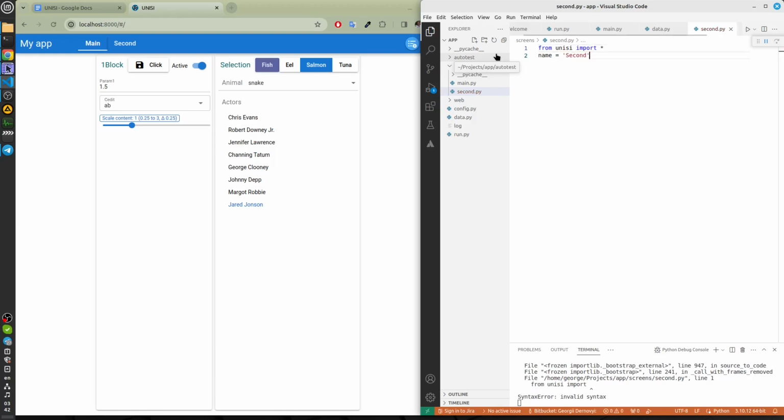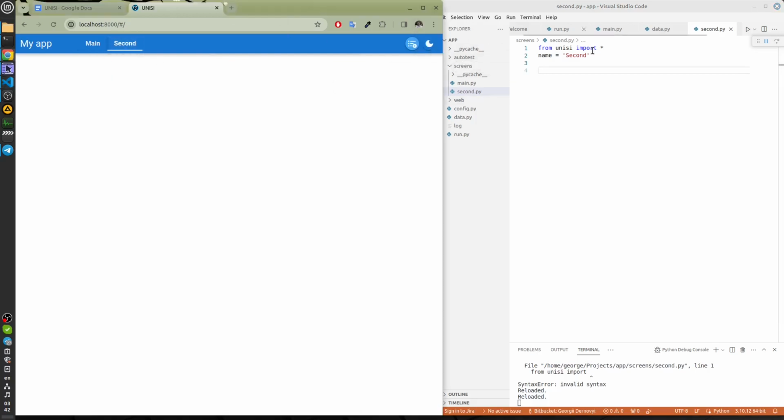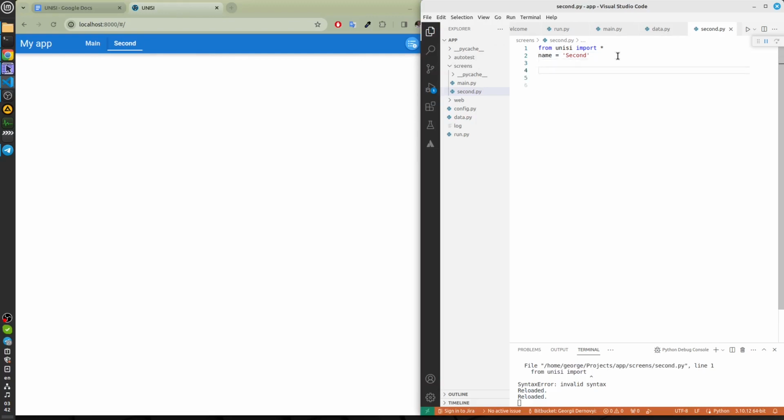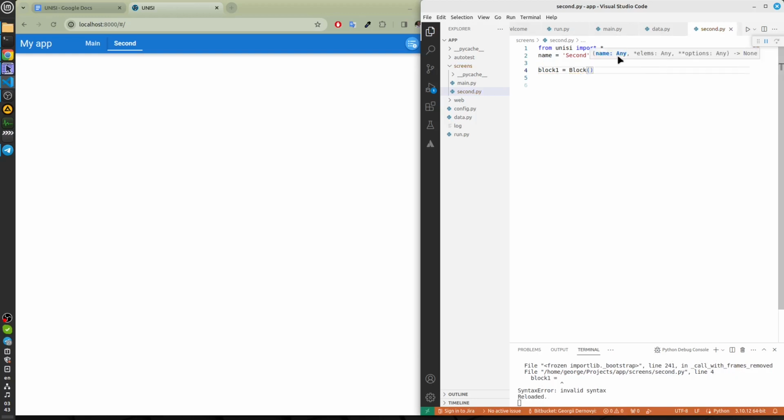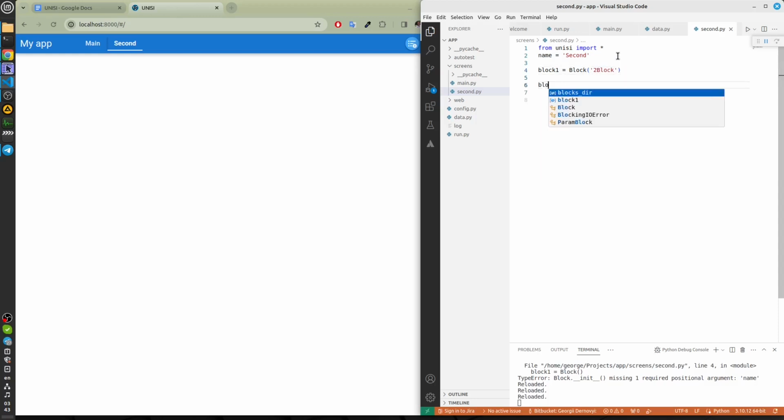I'll write a block. Block 1 equals block, and connect it to blocks. Blocks equals block 1.